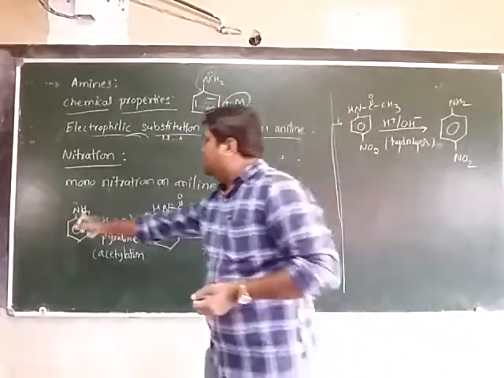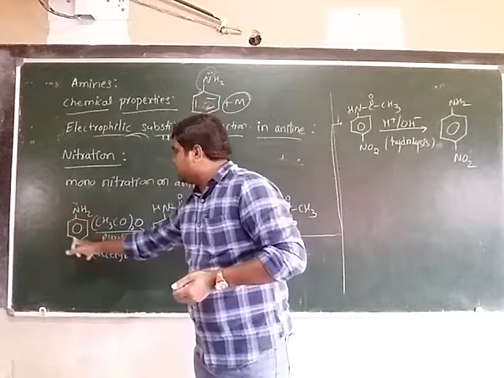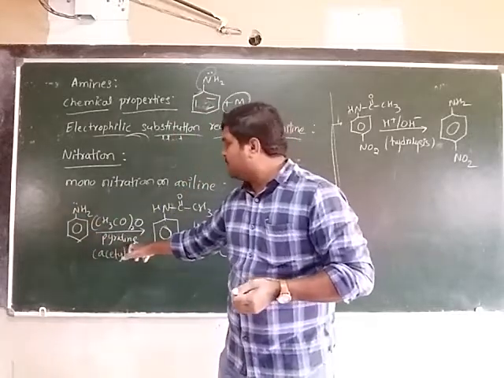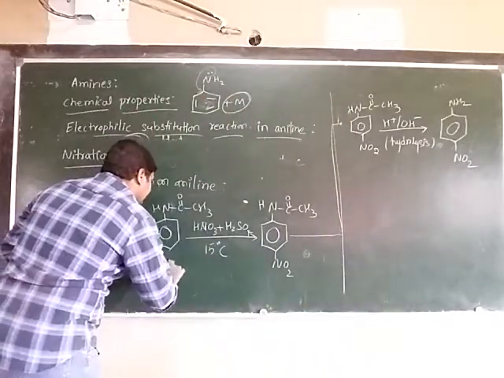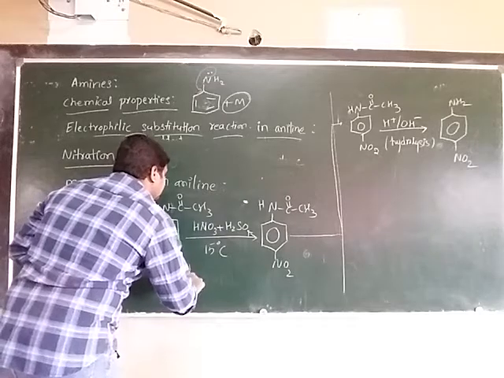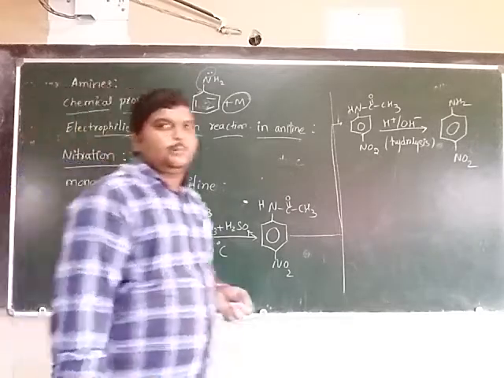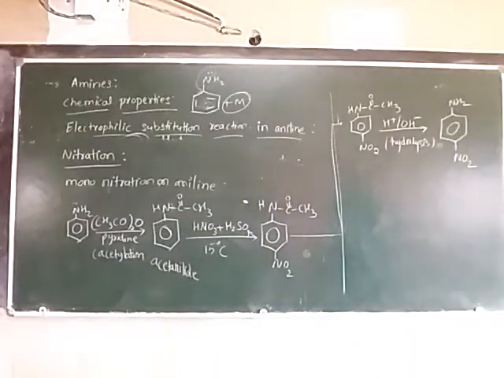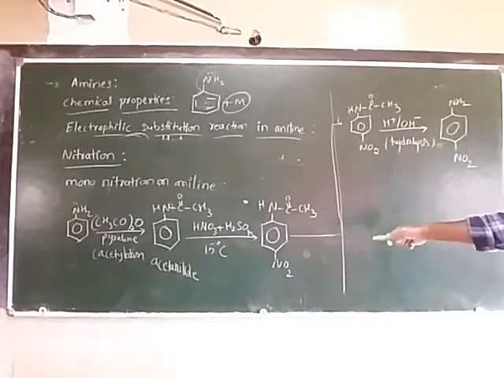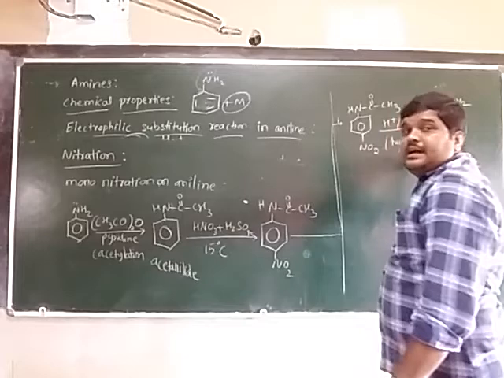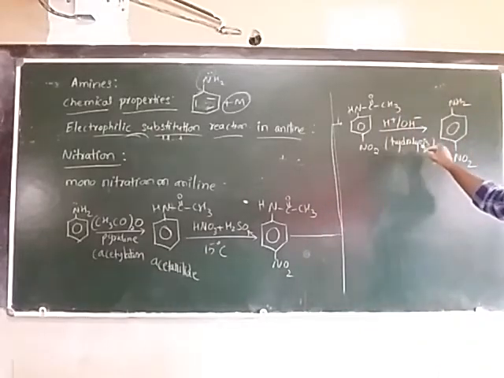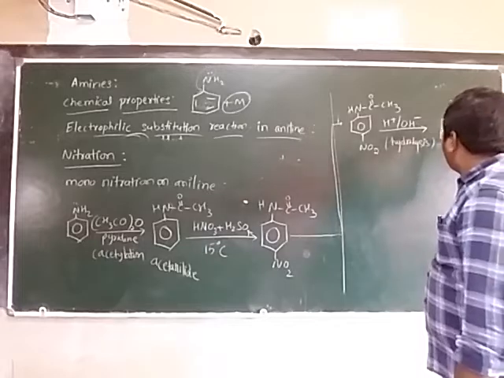Is it clear? So when aniline reacts with acetic anhydride in the presence of pyridine, it leads to the formation of acetanilide. This acetanilide, when it reacts with the nitration mixture HNO3 H2SO4, leads to the formation of para-nitroacetanilide. This para-nitroacetanilide undergoes hydrolysis and leads to the formation of